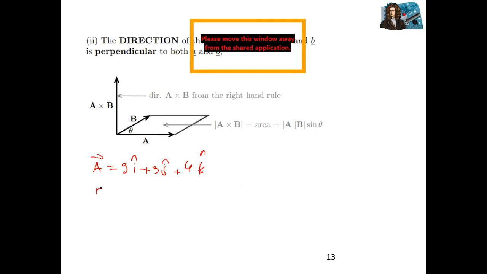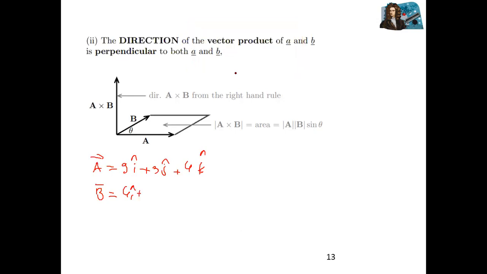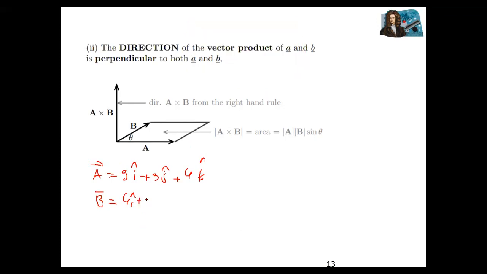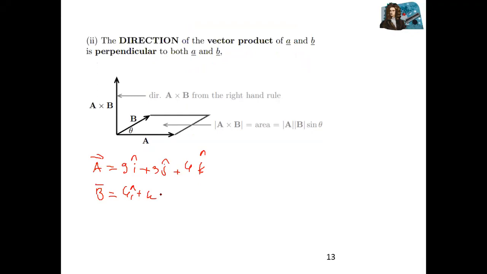The second vector is given. The second vector is, let's suppose, 4i plus 4j and let's suppose 5k. So how can you multiply? If you want to multiply A with B, cross multiplication, so you need